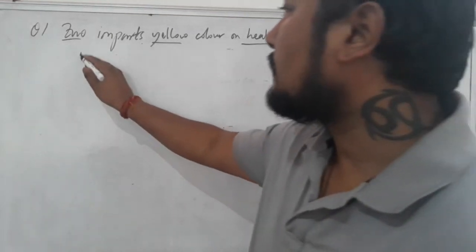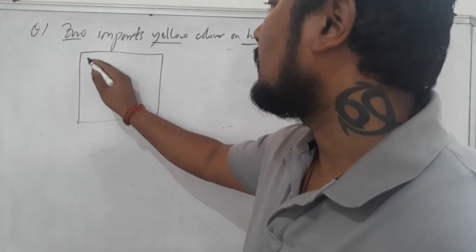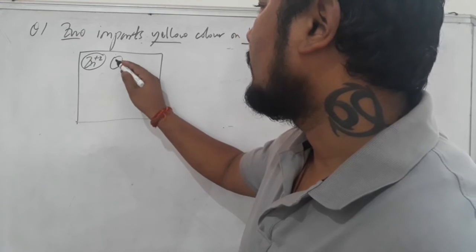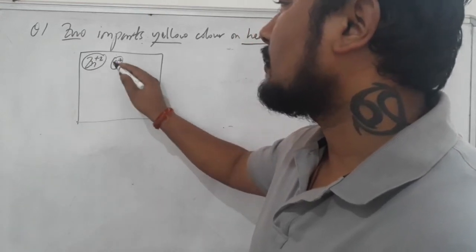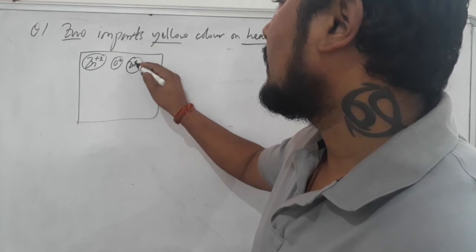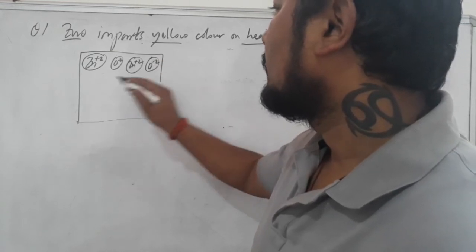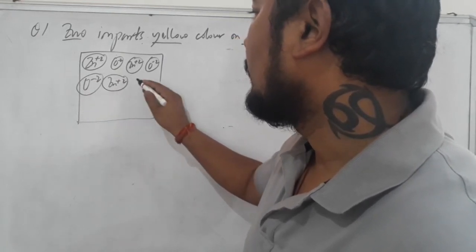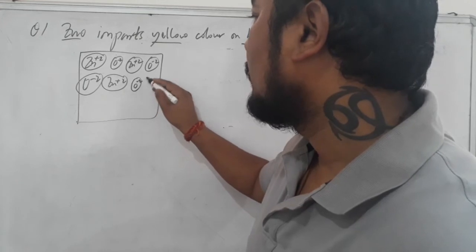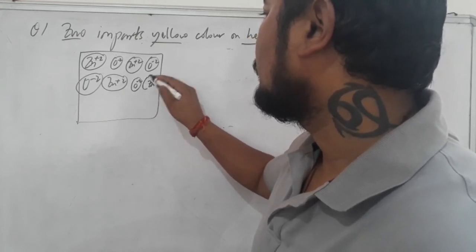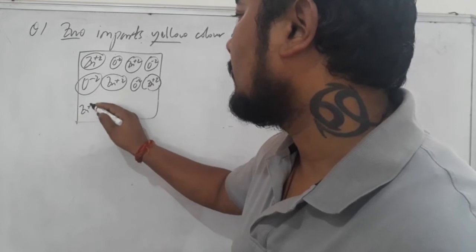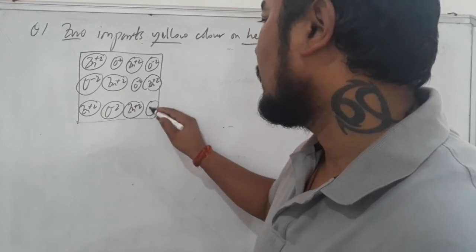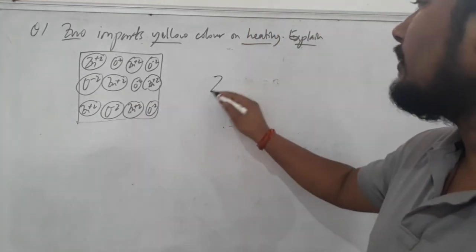In the case of zinc oxide, let us consider this is the arrangement. Here is the zinc ion, here is the oxide ion. The valency of zinc is +2, oxide is -2. So here is your zinc ion, here is your oxide ion, and so on alternately, zinc ion +2 and oxide ion -2. I am making a rough picture. Now when you heat zinc oxide,